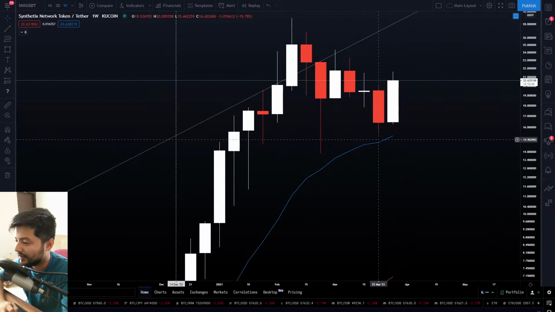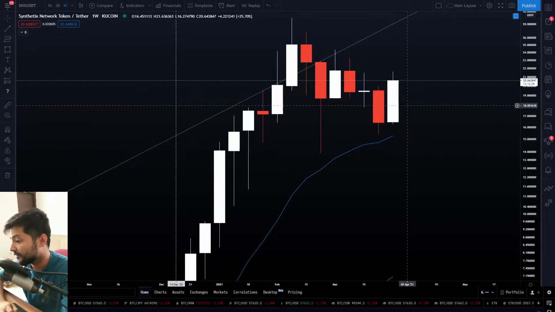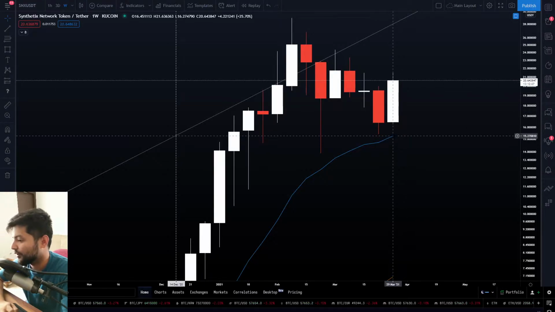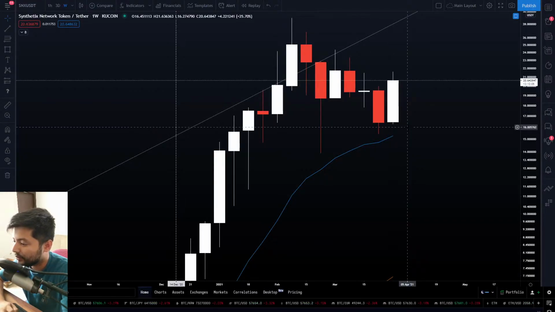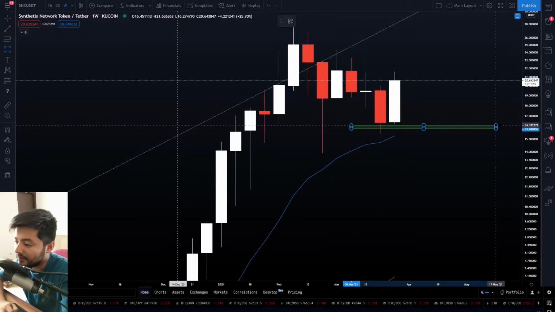13 hours ago we closed this candle, last candle closure, and the moving average was standing at 14.75. This candle, well, the prices were up 50 cents, 60 cents to be honest with you. Now if this weekly candle closes like this, the moving average will turn up all the way towards $16, guys. That will be your support. This is why the $16 level for Synthetix is extremely important, guys.